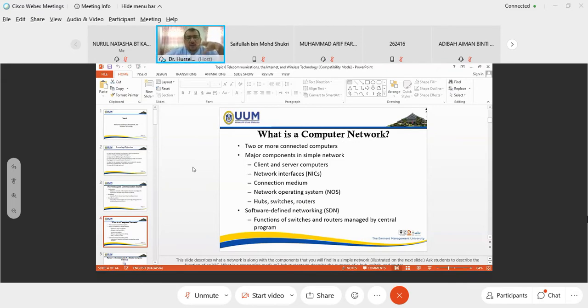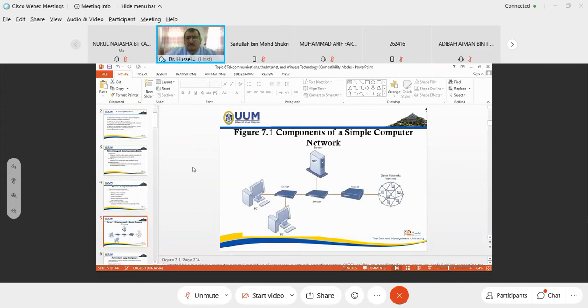You connect your computer to the servers in your department. This is the simple network, not big like a big company. We can connect, for example, to the switch, to the router, to the internet. Also the server here, a small network.